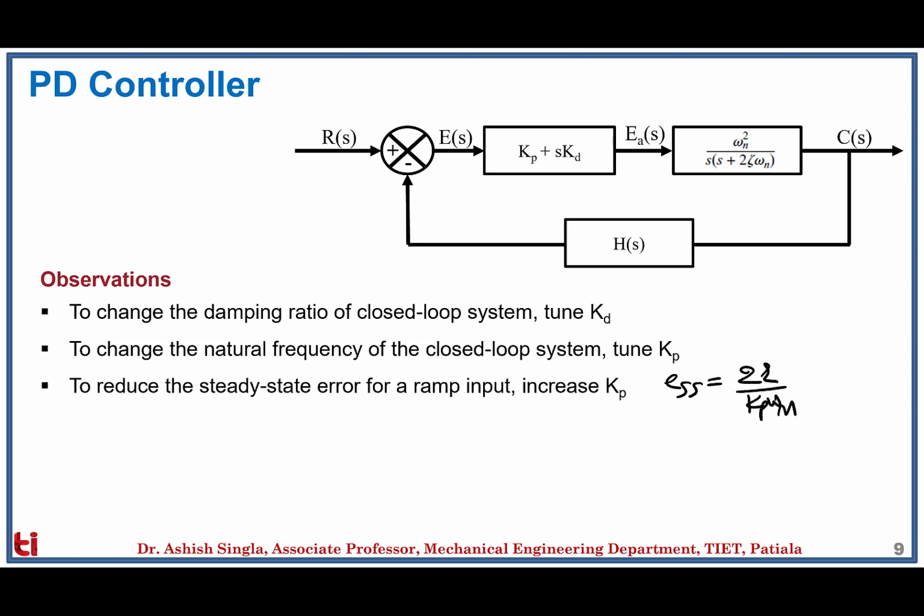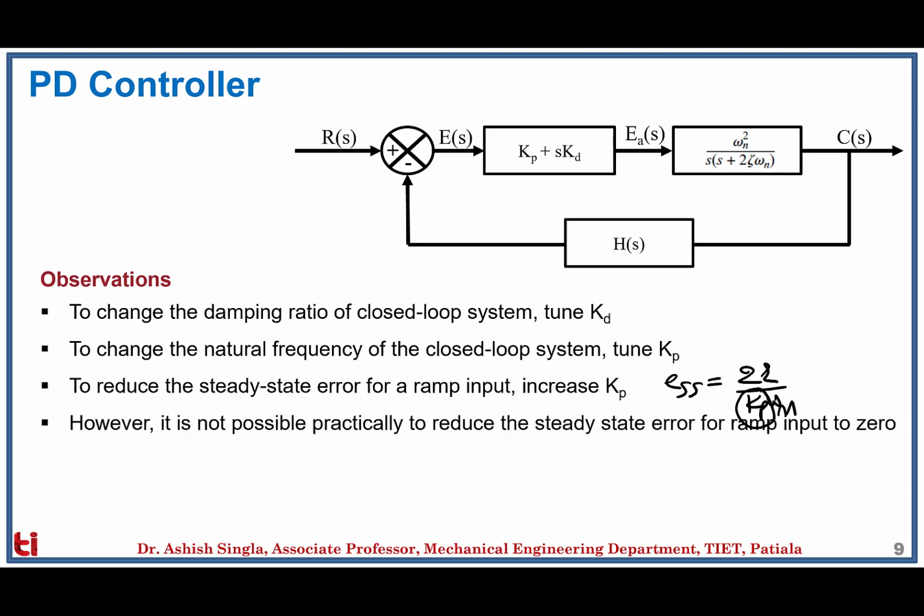So if we want to reduce the steady state error, we should increase the value of kp, because this is the only tuning parameter which we have at hand. However, it is not possible to make the steady state error 0, because to do that we should increase the value of kp to infinity, which is practically impossible because kp is related to the torque being given by a motor,